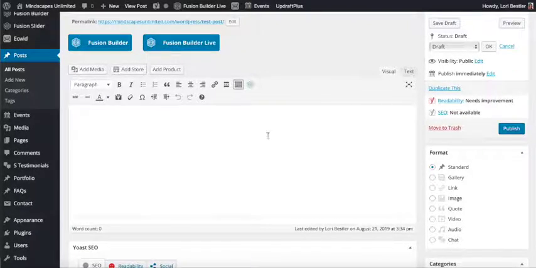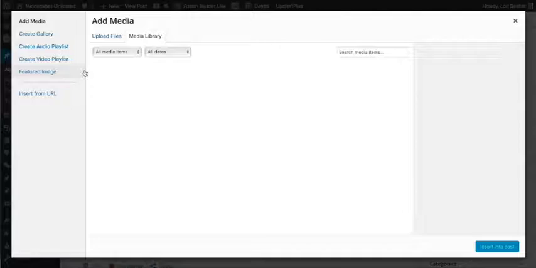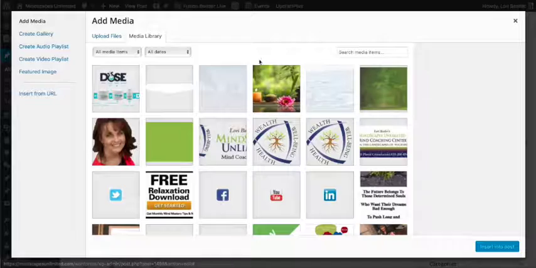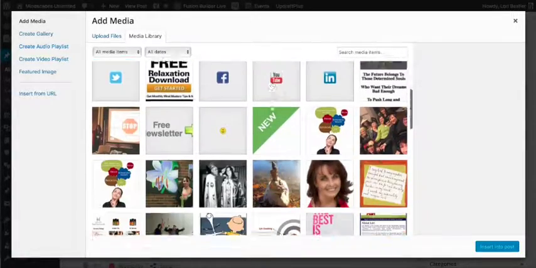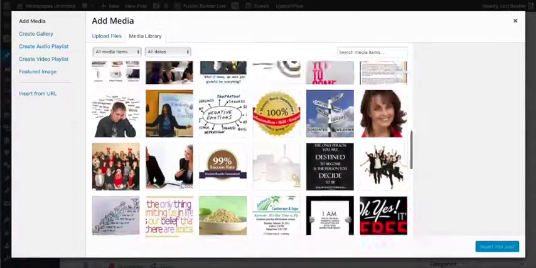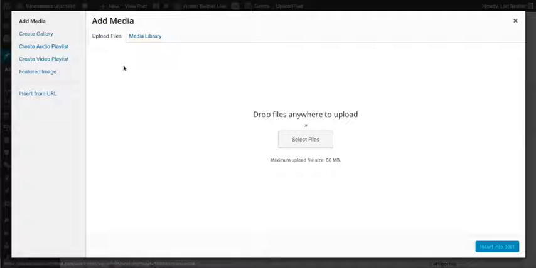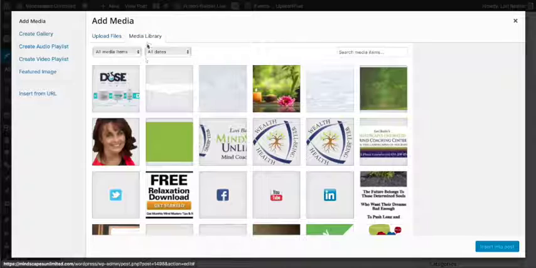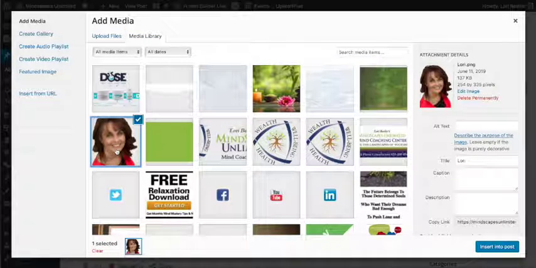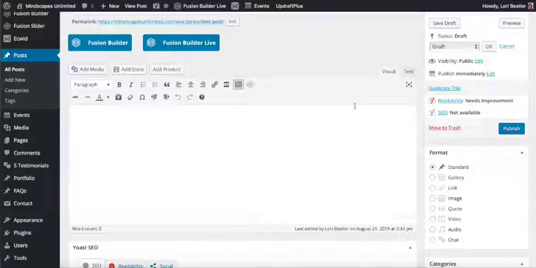So visual tab, you can see here there's an add media button. This is where you can add images to your post. You just hit add media. It'll take you to your media library where your current images are, or you can go to upload and add a new one here. Okay. Once you add one, it'll show up. Let's say you want this one, you just click on it, hit insert in the post,